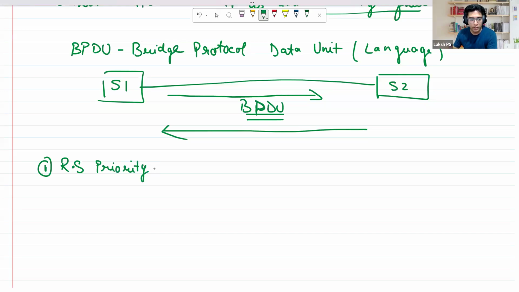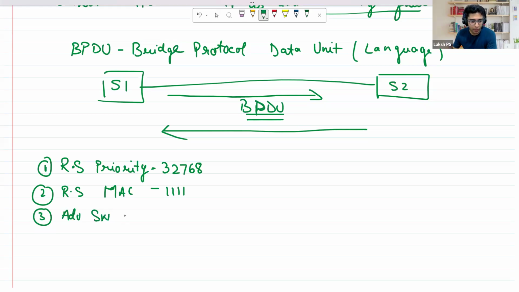What is the root switch's priority? Which is by default 32,768. Then second, what is the root switch's MAC address? Which is obviously switch 1's MAC address. I'm just assuming that to be 1111. All right. Then third, okay, the third is advertising